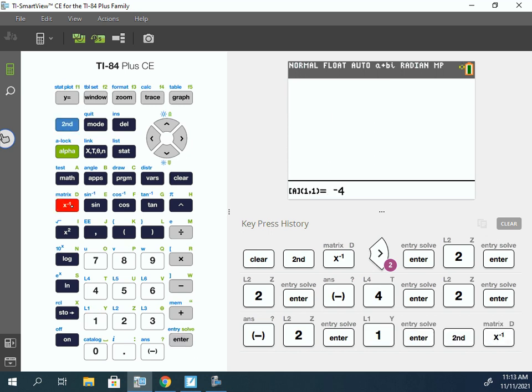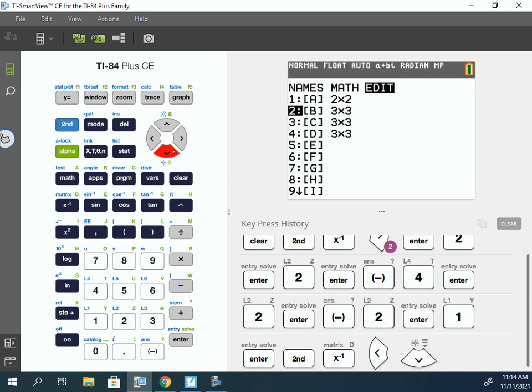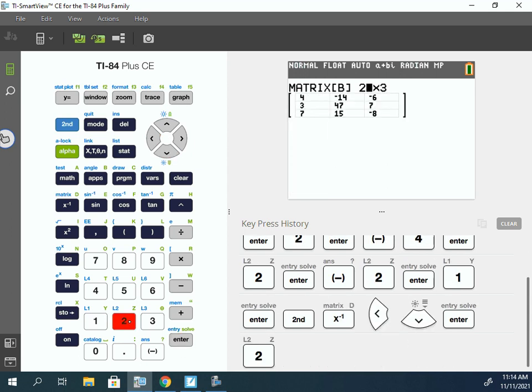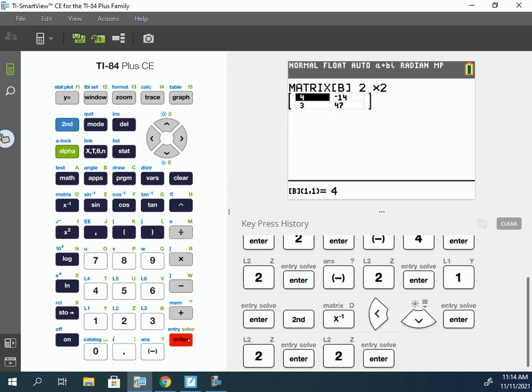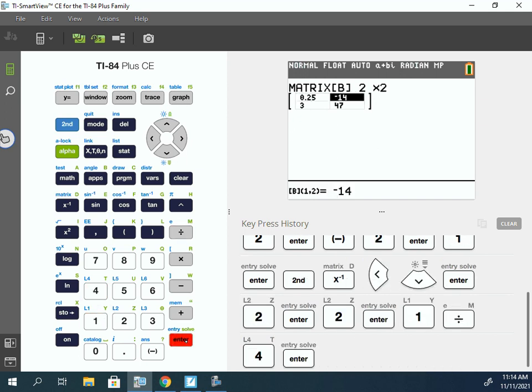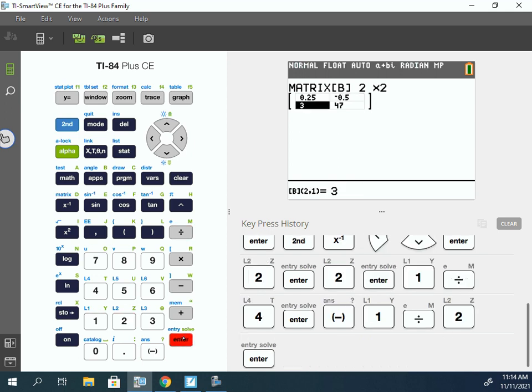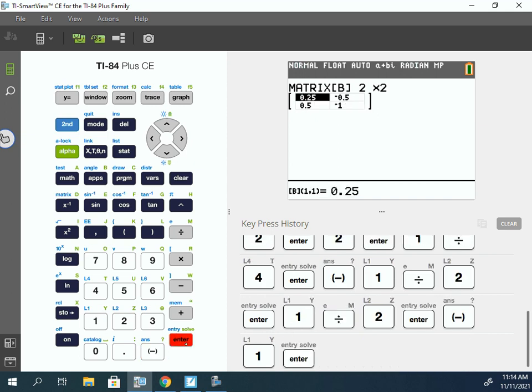Then we can go second matrix over to edit and edit matrix B, which would be a 2 by 2. And we'd have 1/4, negative 1/2, one-half, and negative 1. Now we could do the alpha y equals enter and plug them in as a fraction,